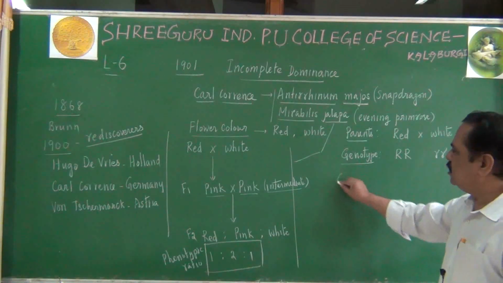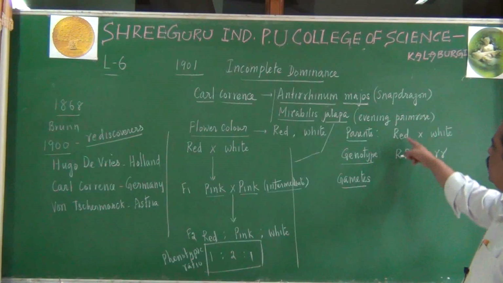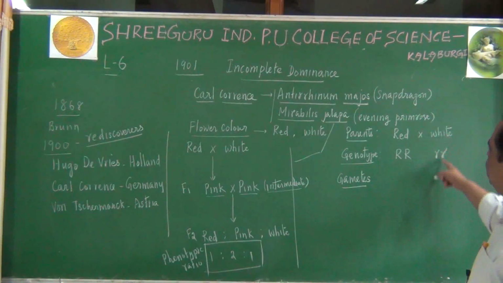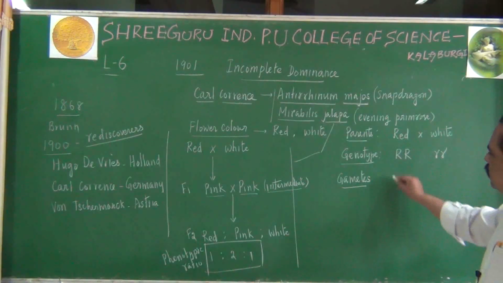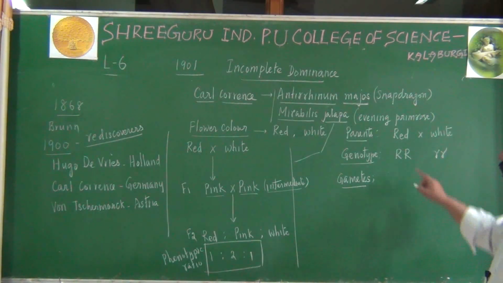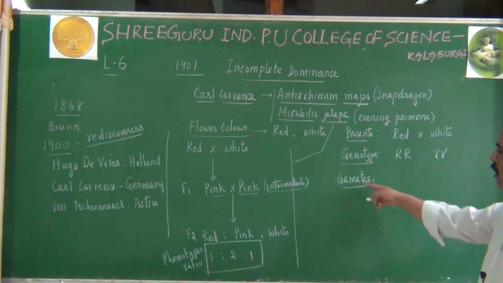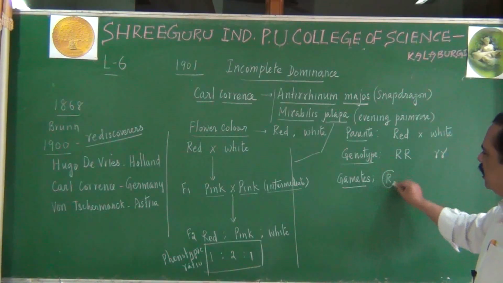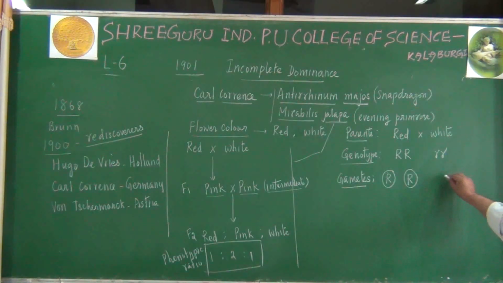Right. The next step is gamete formation. This parent may produce antherozoid. If you take this as female, it will produce egg. Now antherozoid or egg will be formed by meiosis, reduction division. The 2n condition will become n; diploid will become haploid in gametes. This is one haploid gamete, this is another haploid gamete. What about this female? This is one haploid egg, this is another haploid egg.